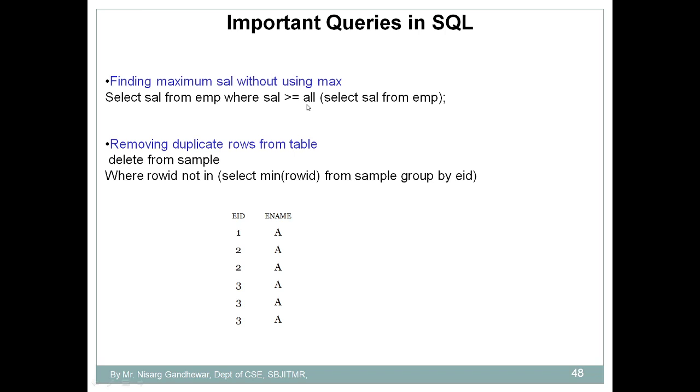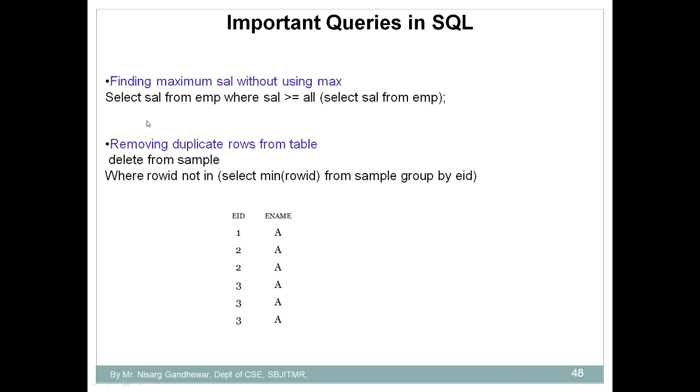The simple thing is that in that case you will use the all clause. If you remember, we discussed the all clause. So what is the use of the all clause? The all clause will return the rows from the subquery if conditions are met. That means the all clause can be used to replace multiple AND conditions. So here also we are going to use the all clause in order to find the maximum salary without using the max function.